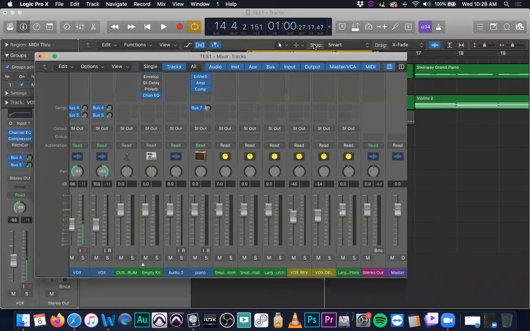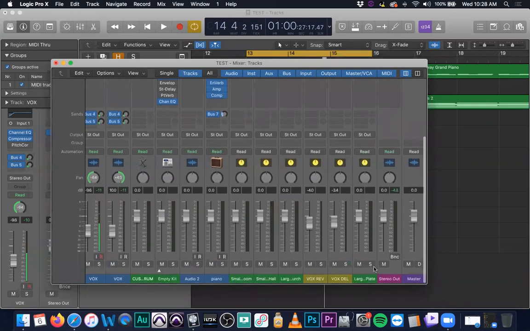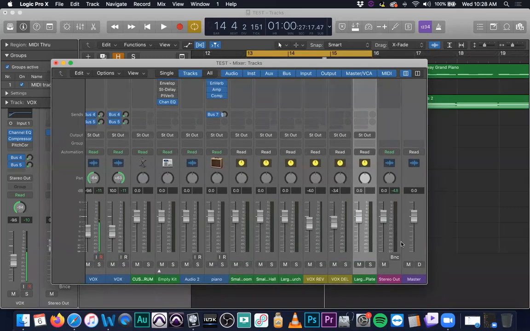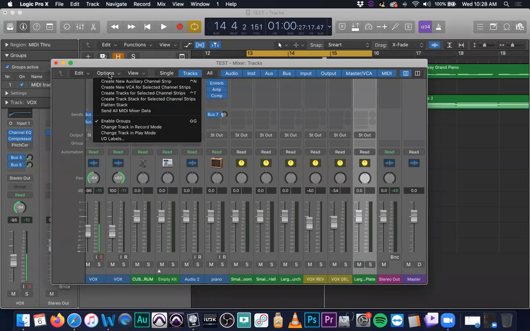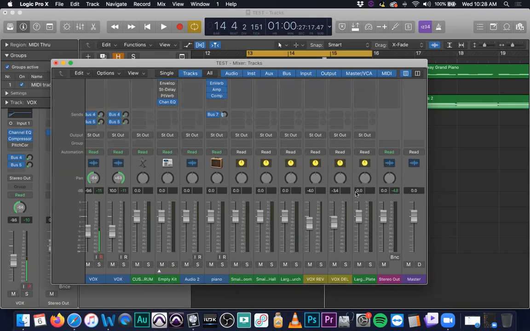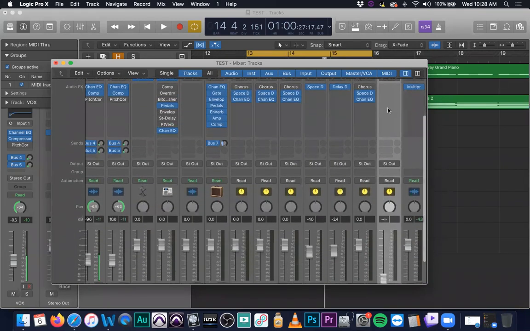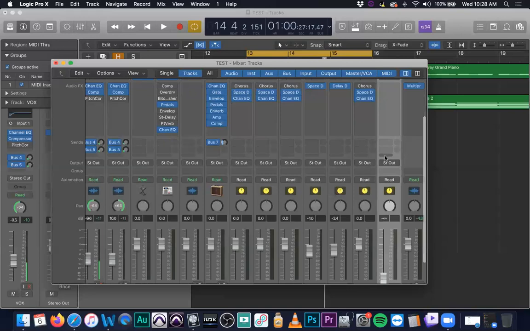So now let's make a vocal submix. I'm going to come down here right next to my stereo out. I usually like to have my submixes very close to my final outputs. To make a submix, you go to options in the mixer and say create new auxiliary channel strip. You'll see it comes up with aux 11, not the sub like I had before, but it's very similar in regards to what it can do. It gives you an input, it gives you an output, it gives you inserts, it gives you sends,